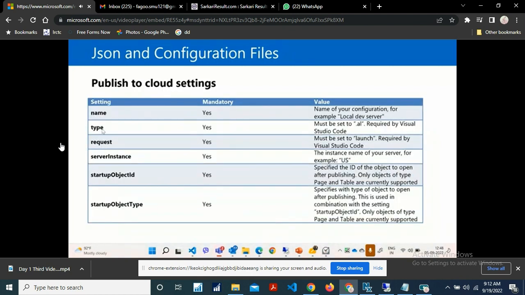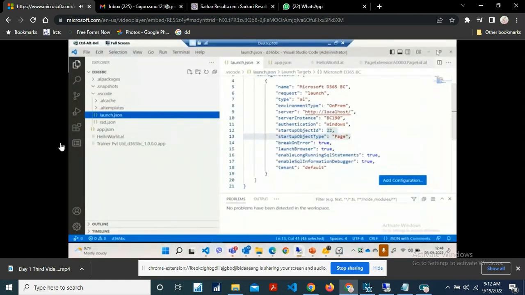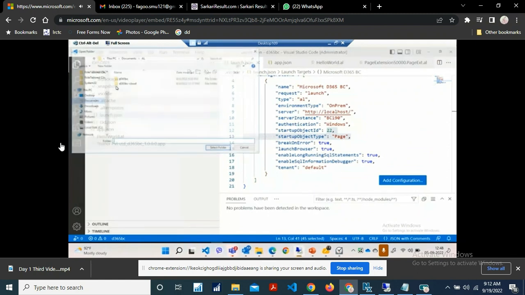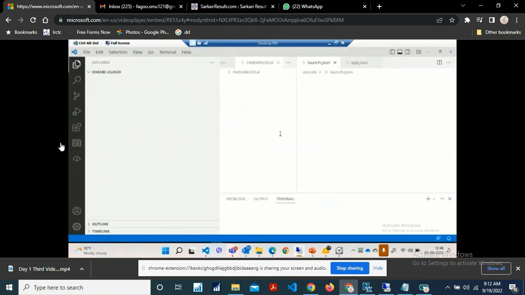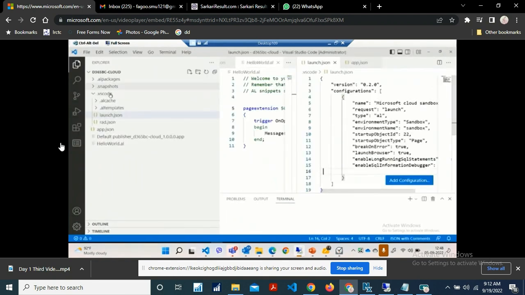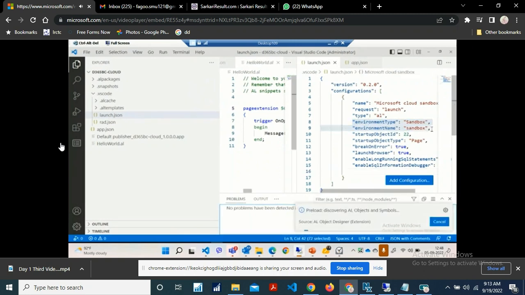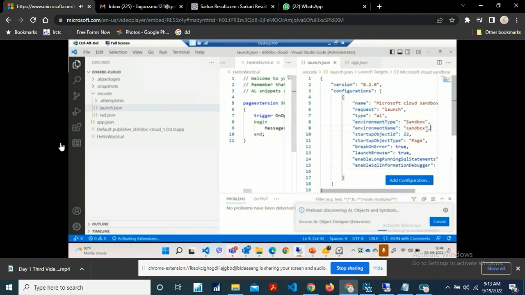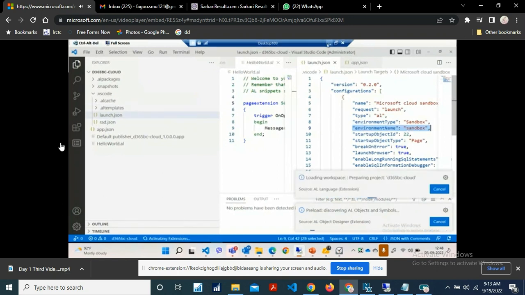Right, now for cloud, we have this name, type, request, which are always the same. The thing that changes is the server name, server instance, not the server instance. It should be the cloud sandbox. So you can see the name is environment type and environment name. The only thing that we need to change is the environment name,